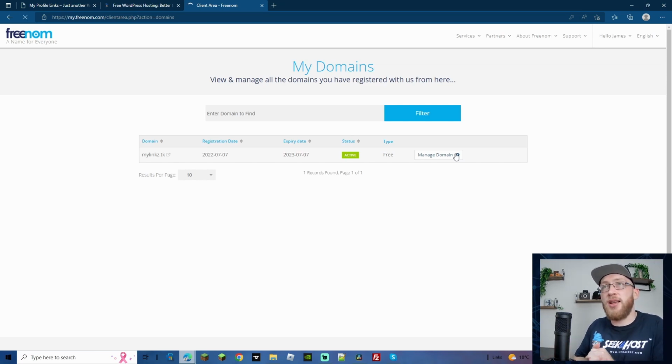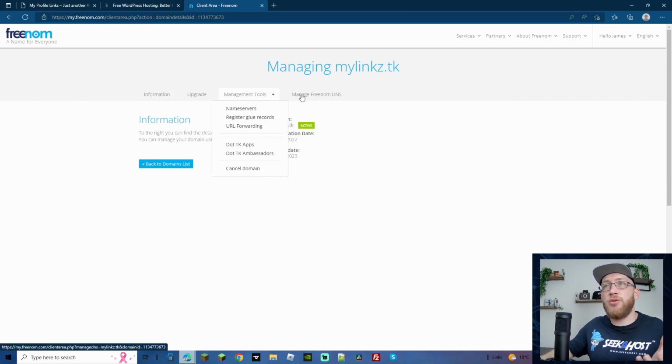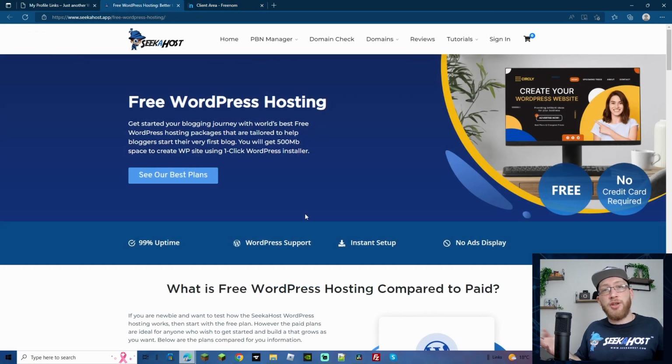If you click on that, it's going to give you all the options for your domain that you can change, such as the management tools, DNS, and of course name servers, which is going to be the important one. Brilliant. So within a few minutes, we've got our domain set up, we've got it ready, and all we need